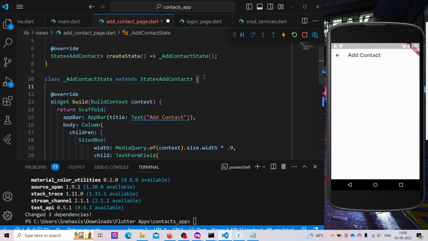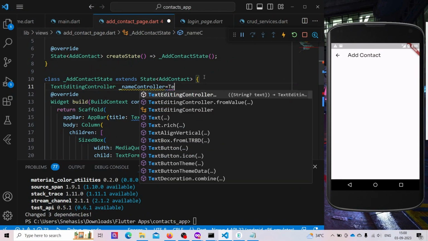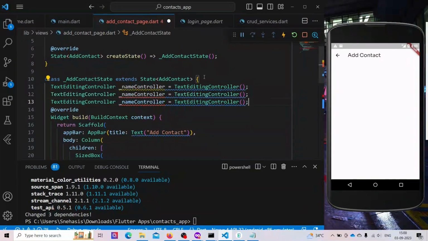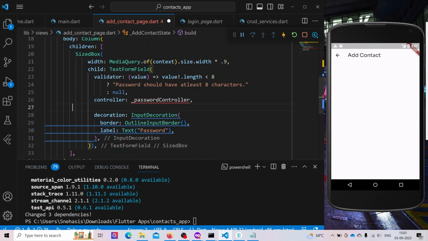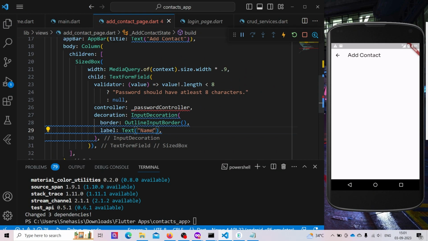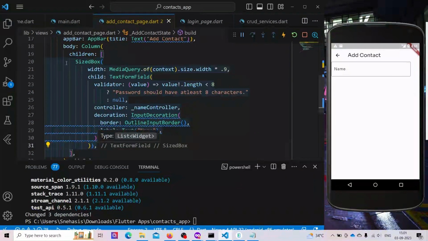So let's first add 3 text editing controllers. First one will be our name controller. Second one will be our email controller. And last one will be our phone controller. Here, first one will be the hint as name. And it will have a controller of name controller. So second one